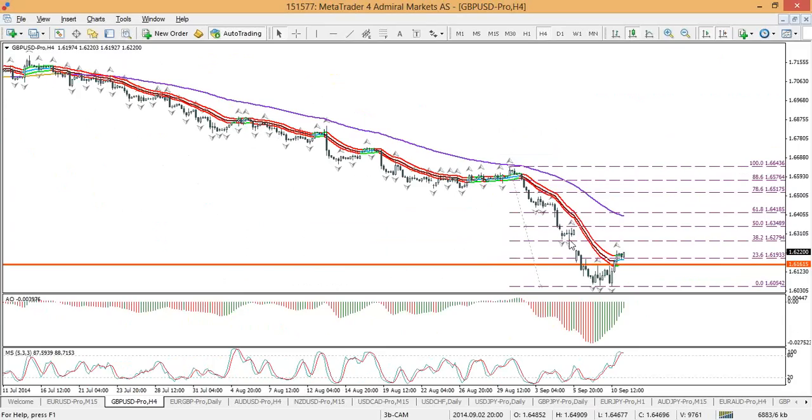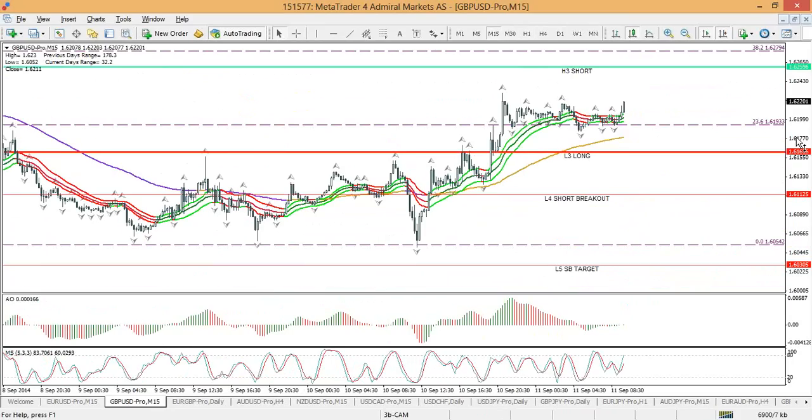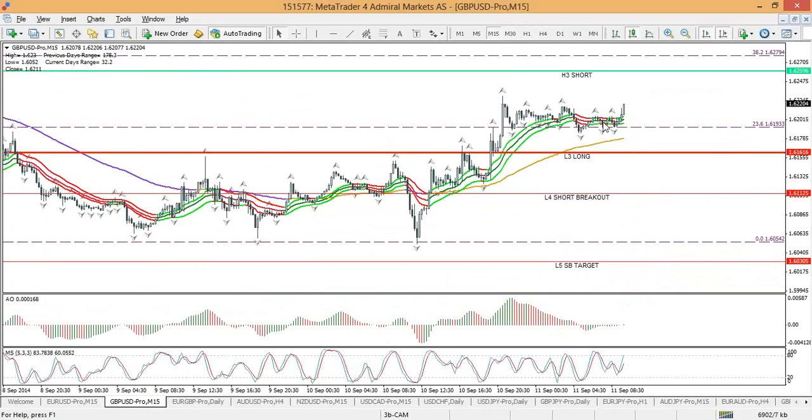So this is what we can think about in identifying turnaround spots. That 38.2 fib is equal to the daily R1. So price could go up to hit that 38.2 fib. If we then look at the 50-minute chart,